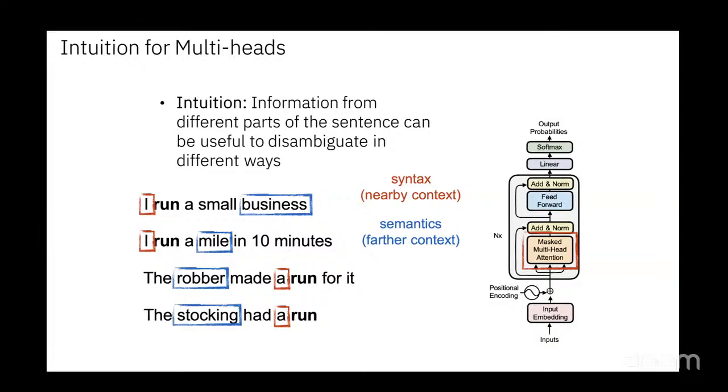That's where the term multi-head attention comes from, where instead of calculating in one way how each word is contributing towards the output, I learn multiple ways of doing it. It could happen that one of the attention heads gets the syntax, another learns the semantics, another learns grammatical rules, and so on. I have multiple different heads, each conveying a different set of information, which can help me disambiguate the output.